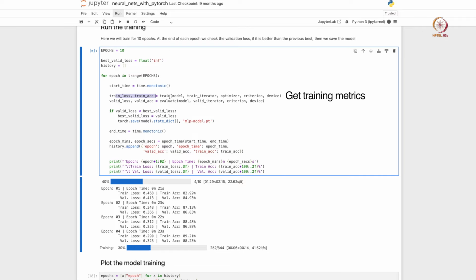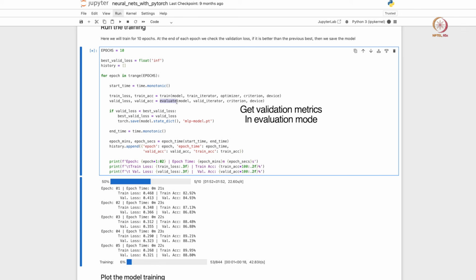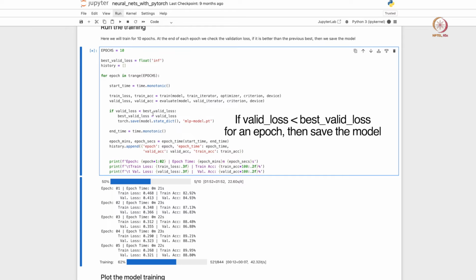We get the loss and training accuracies from this train function here. Then we evaluate in evaluation mode here, right. So we also take into account the validation loss and validation accuracy. Those are the two metrics that we are tracking, and what we are also doing is, if the current validation loss is less than the best loss, then we save the model. In PyTorch the models are saved with an extension of PT.